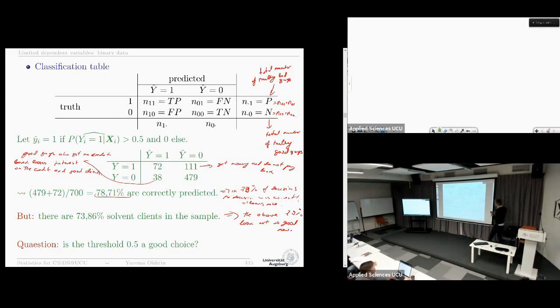But in fact, we can try to change this threshold here to improve our model performance and to improve this number of correct decisions in total. So the idea is, can we change our 50% of